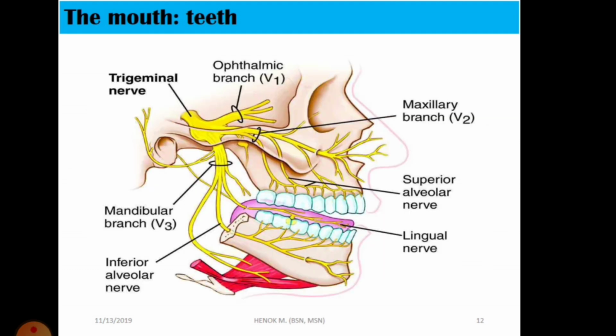Next is the mouth teeth, maxillary branch and the ophthalmic branch, and the trigeminal